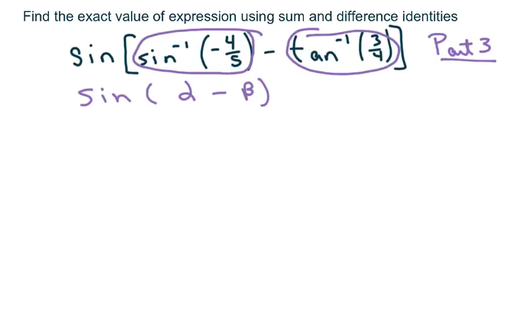So the first thing we need to know is we're looking for sine, and we know that we're dealing with inverse here. So since this is negative, we know that alpha belongs to quadrant 4 because of the inverse property, and tan is positive, so this is your beta. So beta belongs to quadrant 1. And then all you have to do is find